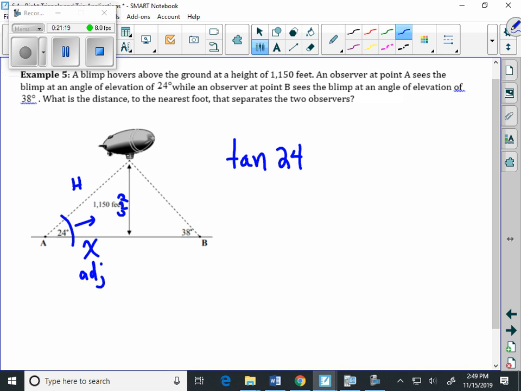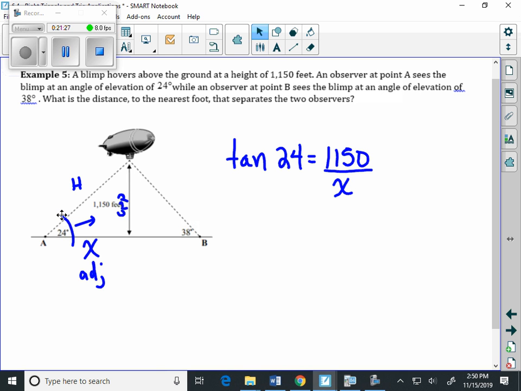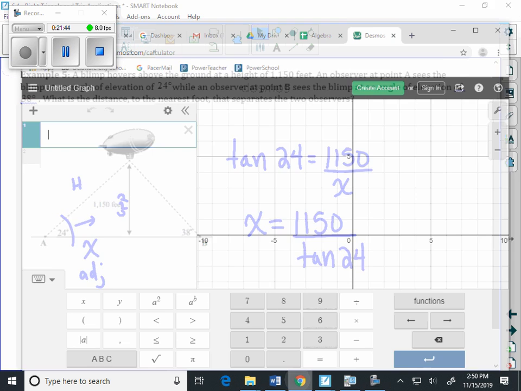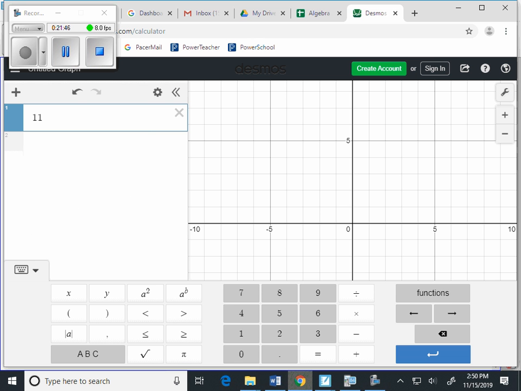So this tangent of 24 equals 1150 over x. And when the variable is down low, we need to switch a row. So we're going to rewrite this as x equals 1150 divided by tangent of 24. And that's what we're going to type in the Canvas. 1150 divided by tangent of 24. And we get,